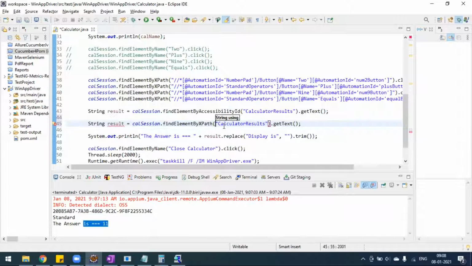Okay, so here we'll try to modify the things. Okay, so the XPath syntax would be //*[@ So this is the automation ID that we are using, right? So we have to copy this automation ID and paste it here. You have to pass it in single quotes, right? And you have to close this bracket. So let's run this. So this is the automation ID XPath that we have built, right?